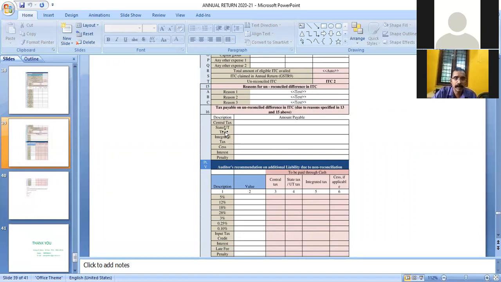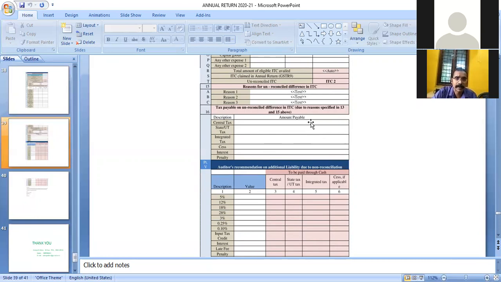Then comes table 16, tax payable on unreconciled difference in ITC due to reasons specified in 13 and 15 above. Table 13 is ITC in summary, table 15 is ITC in detail. Due to reasons specified in table 13 and table 15, if there is any tax payable, it means that if the difference between books of accounts and GSTR 9 is positive, then we have claimed excess ITC.